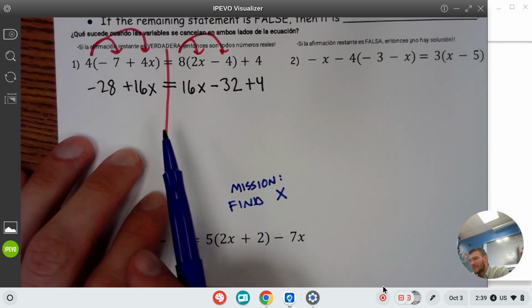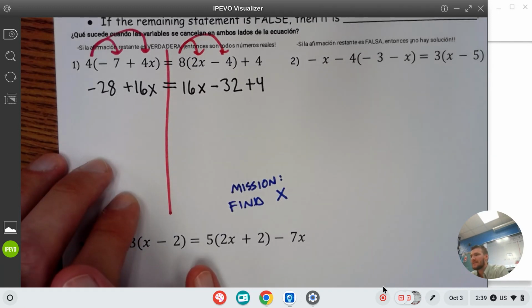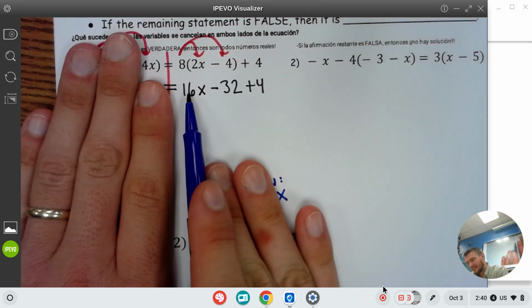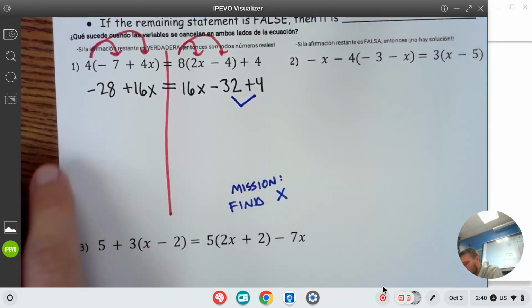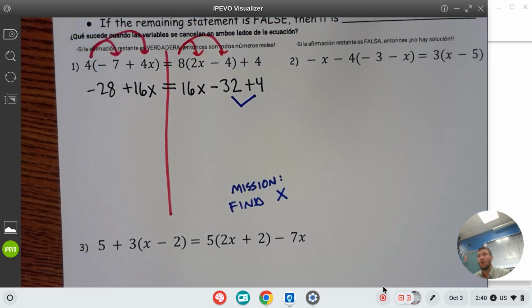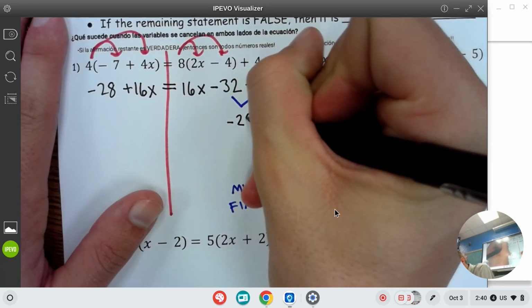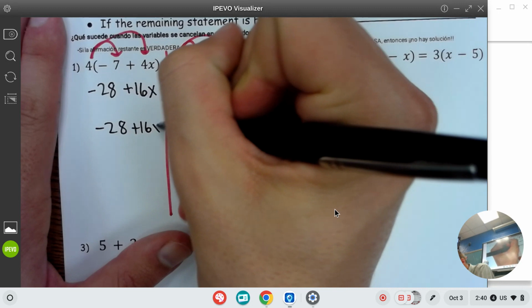Now, a little bit unusual today, you're going to have to be combining like terms a lot, okay? Look on this right side. You see how we have 3 pieces? 16x, -32, positive 4. 2 of those are going to combine together. Which 2 combine? -32 and 4. And when you combine them, all you do is smash them together, right? Just type in -32 plus 4. Simple math. What is -32 plus 4? -28. So be careful, right? That's why we did this one. That's why I was waiting on you guys. And so,